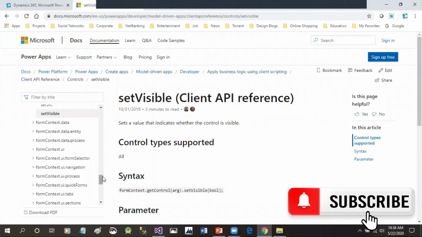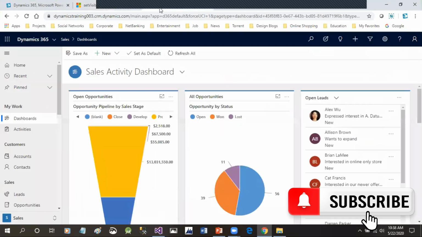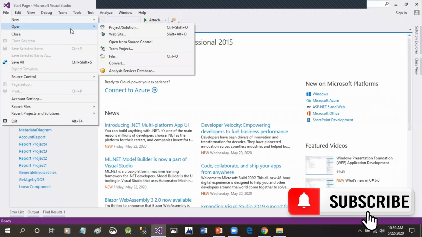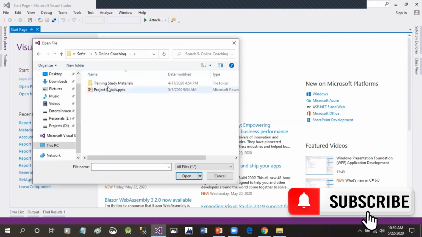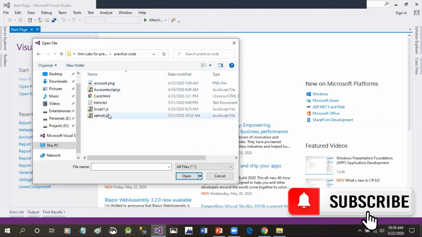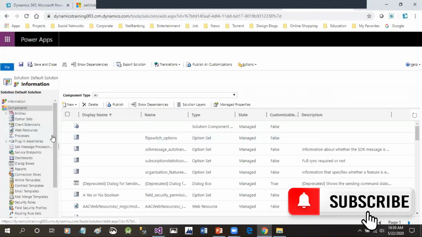Let's start some of the concepts that we have already discussed last time. So last time we have discussed JavaScript, right? How to write JavaScripts, the client side customization for a form level, right? So we have used, let me open that script that we have used. File. That one. Right. So some of the scripts we have written. Let me copy from the solution itself because I lost it from my local machine.